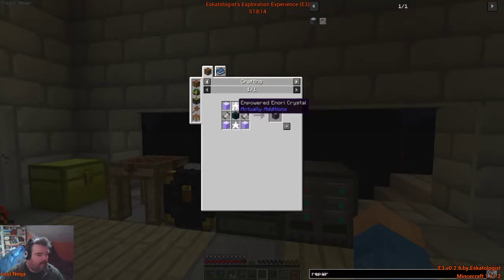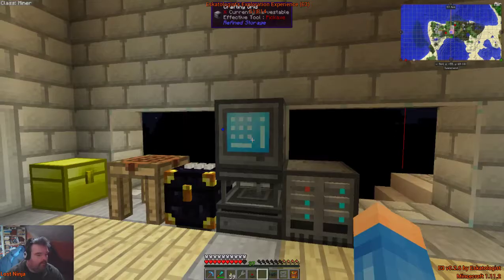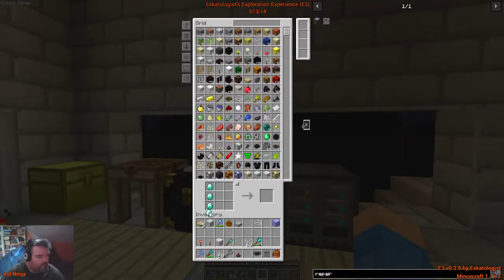So we need to make empowered diamantine crystal blocks. We get a block of diamond, light blue dye, clay, and clay. Well, I can actually make a single diamantine block anyway because I fished it up from the... where are my diamonds? There're my diamonds. So what I want to do is make...